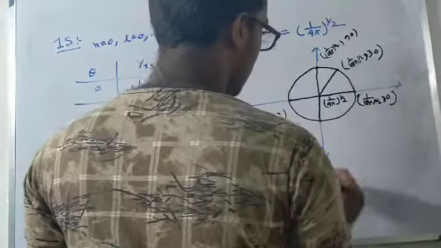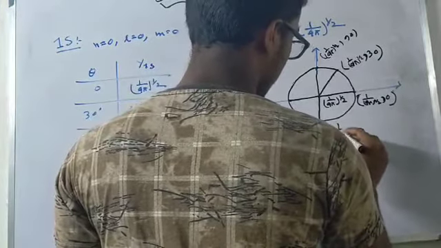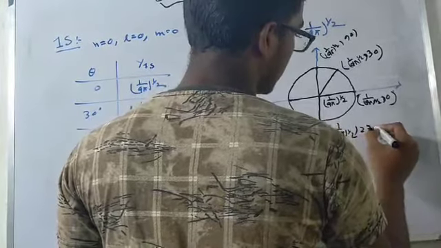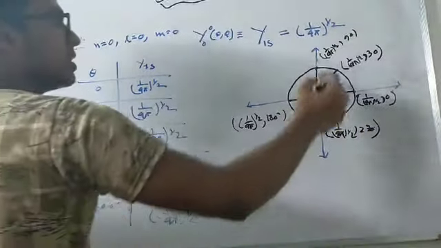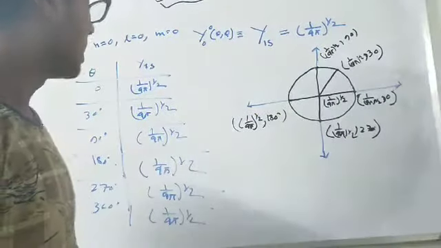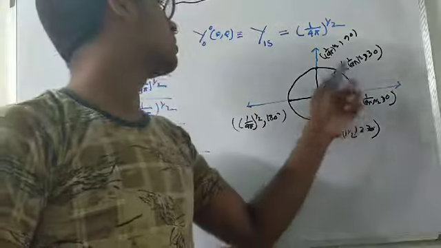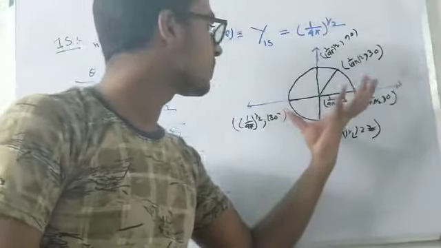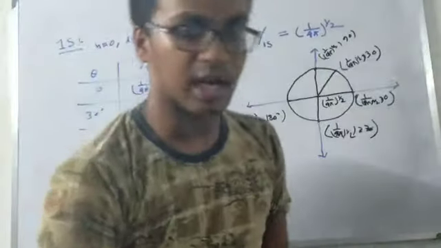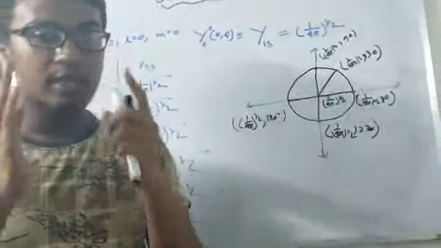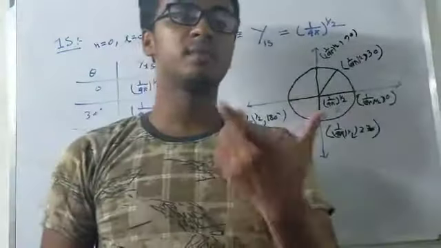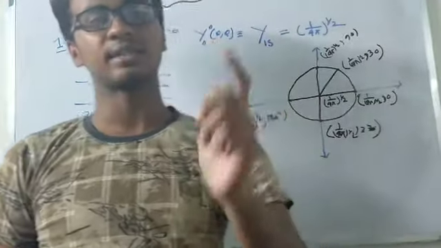Okay, and this point is (1/4π)^(1/2), 270 degrees. So these are the coordinates of the points in the polar coordinate system, and when I join all the points, I get a circle in the two-dimensional graph. Now if I draw a three-dimensional graph, and simply rotate a circle in three-dimensional axes,